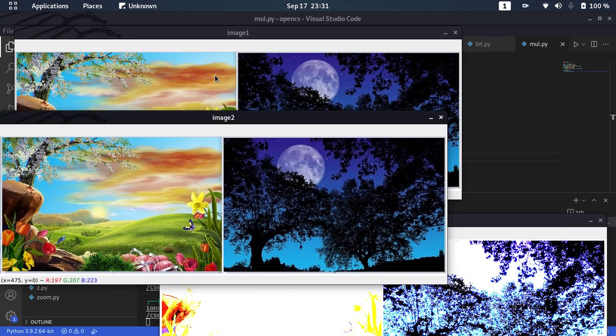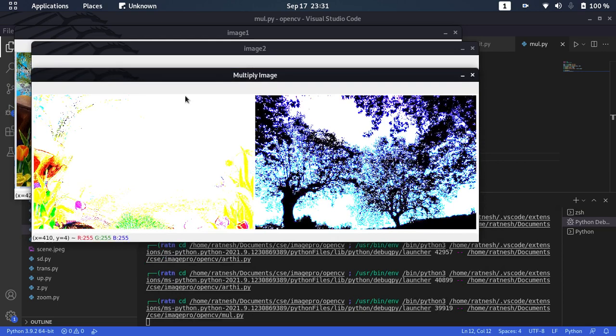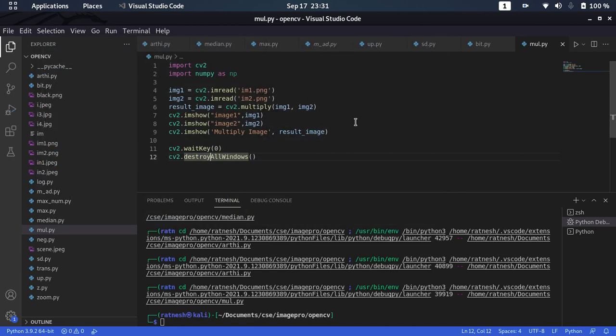This is image 1 and image 2. After applying the mathematical operation mul, here is the multiplied image. That's all about arithmetic operation.